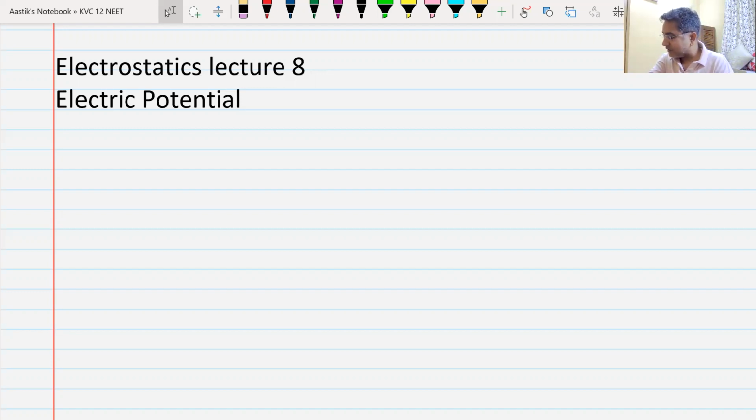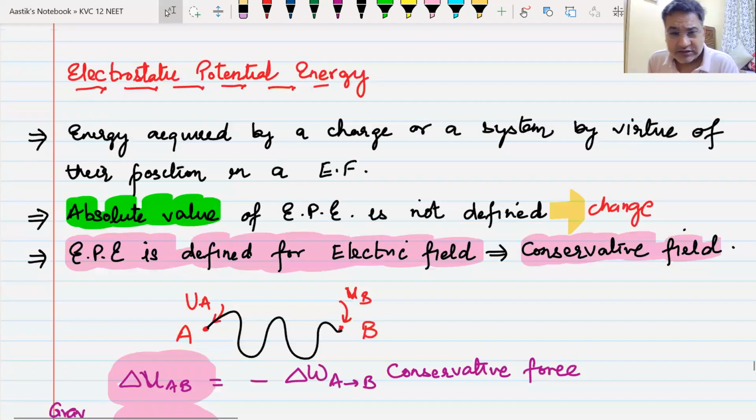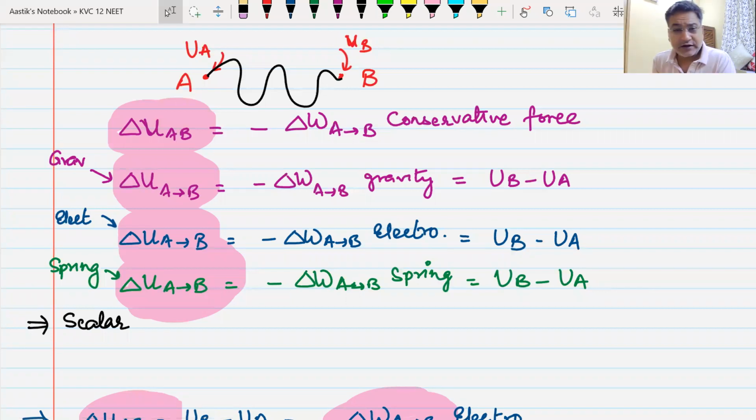In the previous class, we have seen the concept of electrostatic potential energy. Electrostatic potential energy comes in any conservative field, where work done does not depend on path. So the change in electrostatic potential energy is negative of the work done. Do we understand this? Remember, electrostatic potential energy is a scalar quantity,